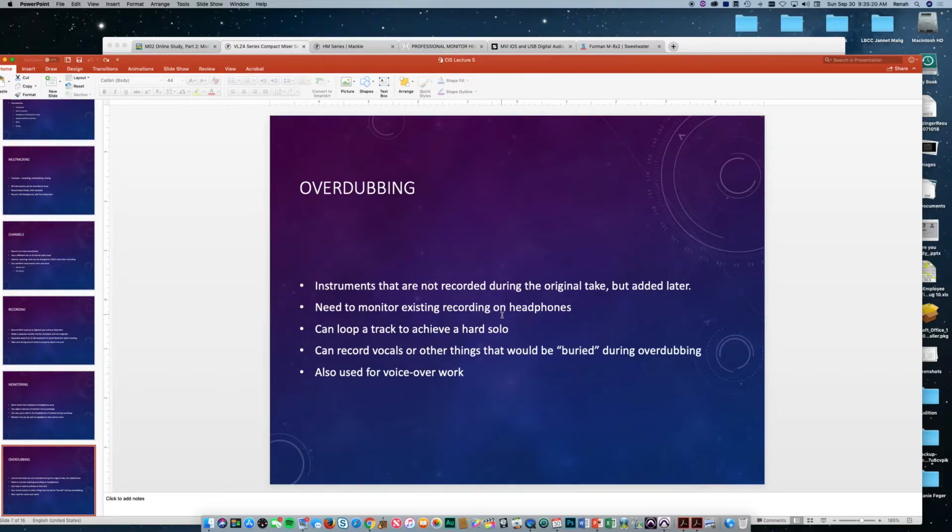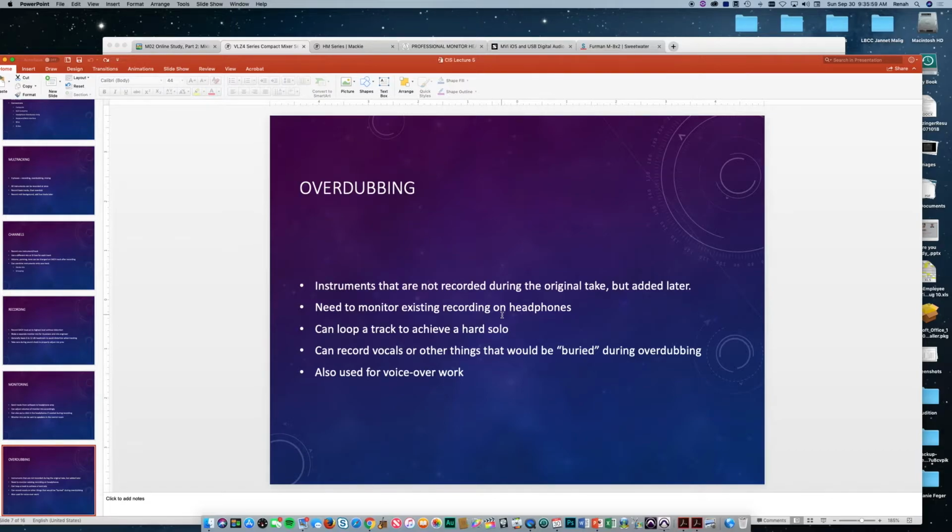So once you do your tracking, everybody recorded, you're going to be adding to that, and that's called overdubbing. You can see the slide, but basically I use it to add tracks. For example, I'll do the rhythm section, like drums, keyboard, and bass, first playing together. That's nice because keyboards you can take right into your computer using MIDI information, and bass, guitar, and drums you can do in a pretty small space,